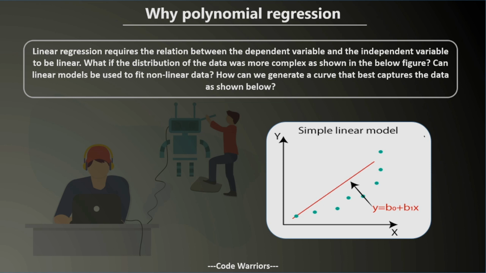Now no need to get confused. You may have seen the equation y is equal to mx plus c, and here you are saying y is equal to b0 plus b1x. That's nothing to worry about. It's just a simpler form of it, where m is referred to as b1 and c is referred to as b0, where b0 is the base and b1 is the coefficient. But we are going to learn it as we used to, that is mx plus c. Alright, so don't worry about it.